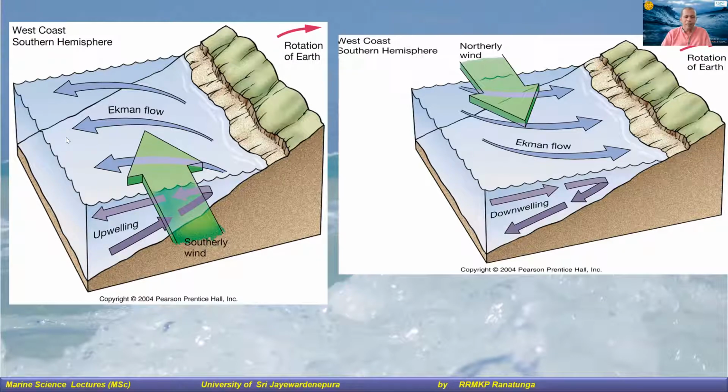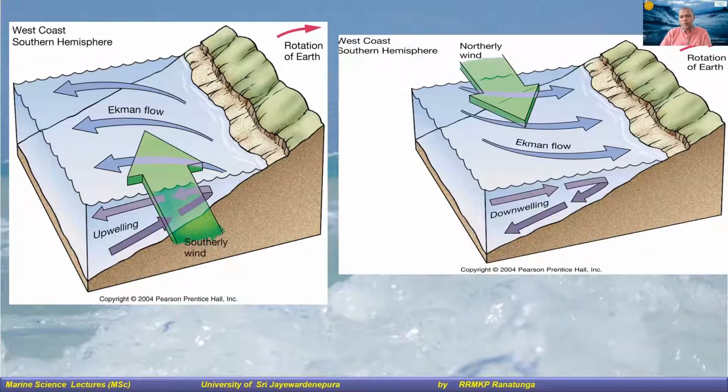Now the wind direction is from the south to the north, and the actual water movement will be to the left. And this will be opposite if the wind is blowing from the north towards the south in the same southern hemisphere. Now still the water movement will be to the left of that direction, which means the water will flow towards the beach, whereas in the previous case, the water movement will be from the beach towards the offshore, which will move the water away from the beach.